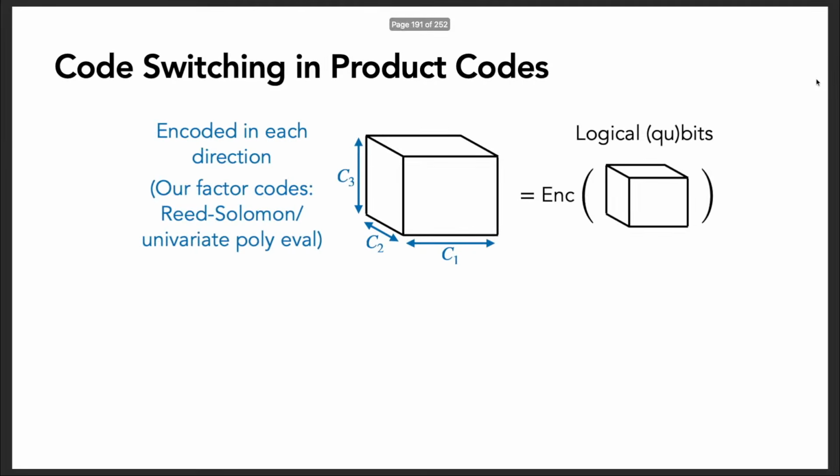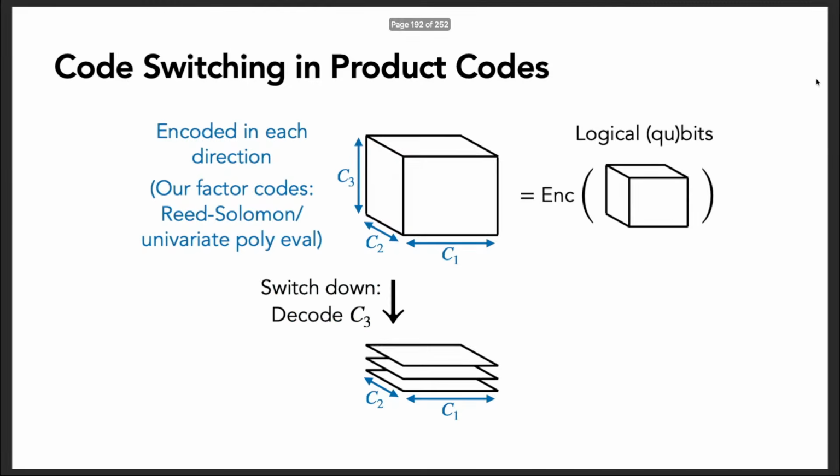And the picture for code switching is this. We just view the codes I've described as being encoded in a product of individual Reed-Solomon codes. Then in any given direction, we can unencode all the columns in that direction, or re-encode back in that direction. So we can unencode out of C3, and we can re-encode into C3 or into a different code. And when we do that, errors only propagate within columns. So this code switching procedure is still pretty fault tolerant.